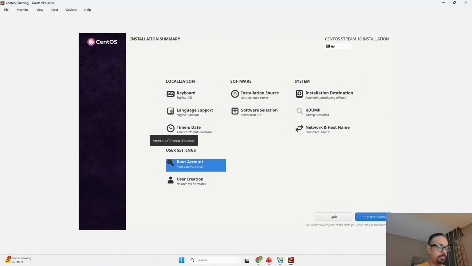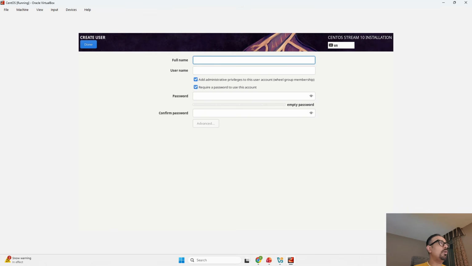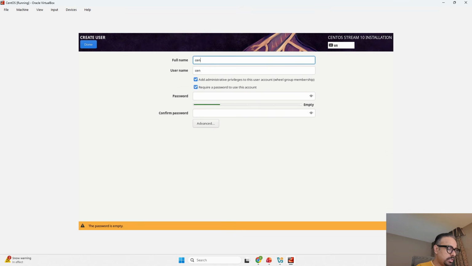So you have to press done 2 times. Then you can go to user creation. So I will go ahead and create a CentOS user, CentOS user. And I have given him admin permissions, as well as require a password to use this account. And the password is going to be CentOS